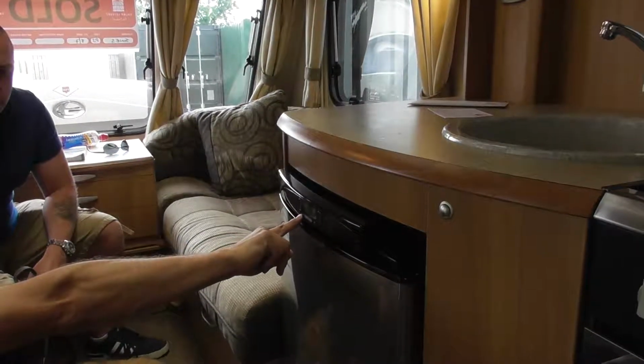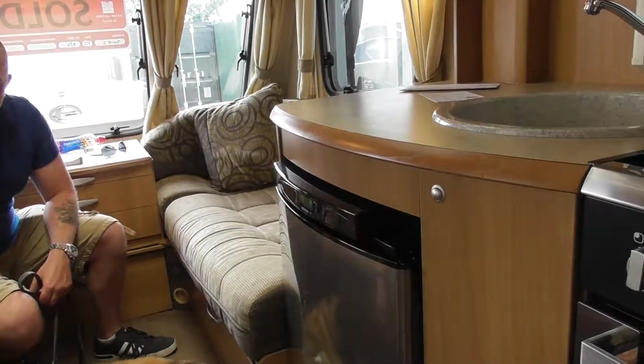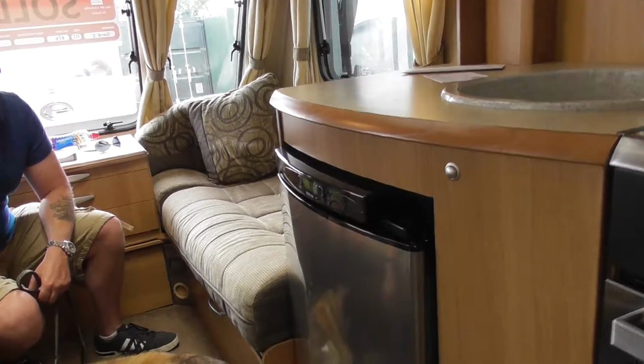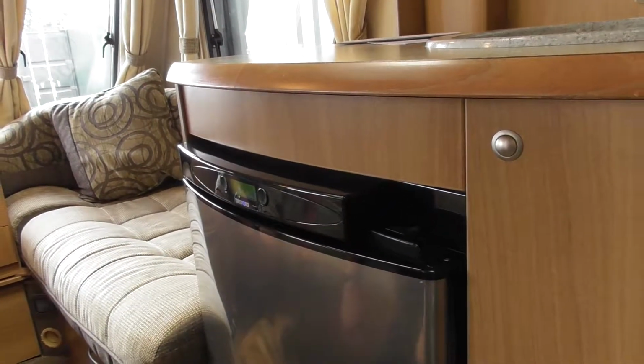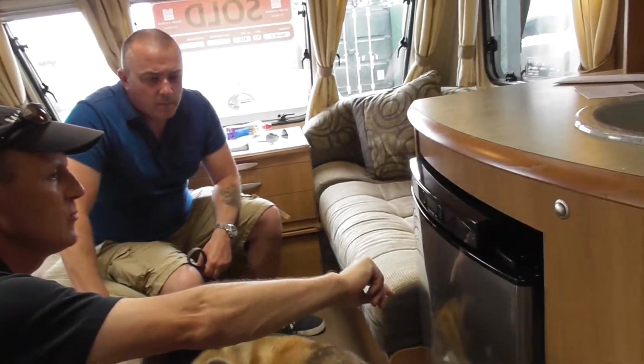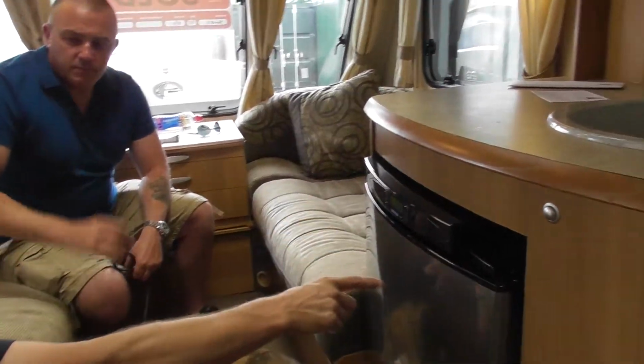Before you leave, put it to the battery icon. Then as soon as the engine's running, that will supply 12 volts to the fridge, and it'll keep it cool as you're travelling. So when you get to site, you need to take it off that, because once you've disconnected off the car...